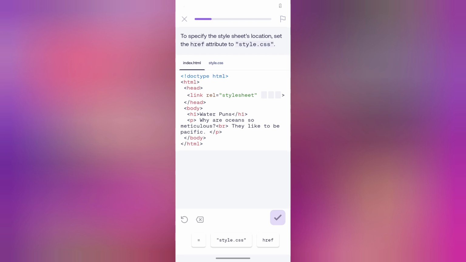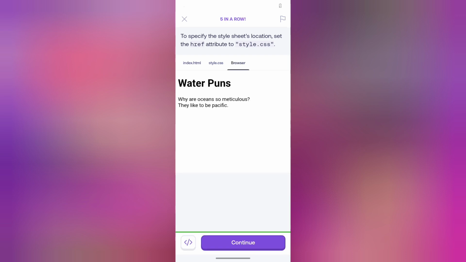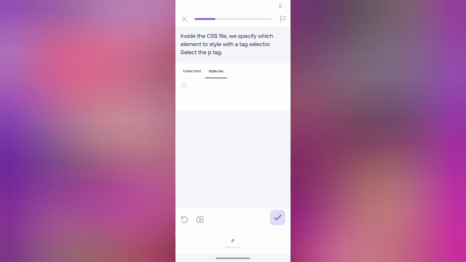Look down here. So remember how to put href attributes. So these are href, then equal, before this style.css. All right, click on it. Good. Continue. The next one says inside the CSS file, we specify which element to style with a tag